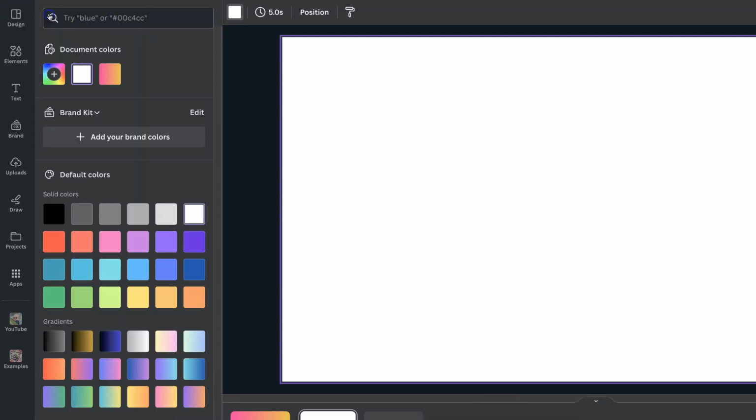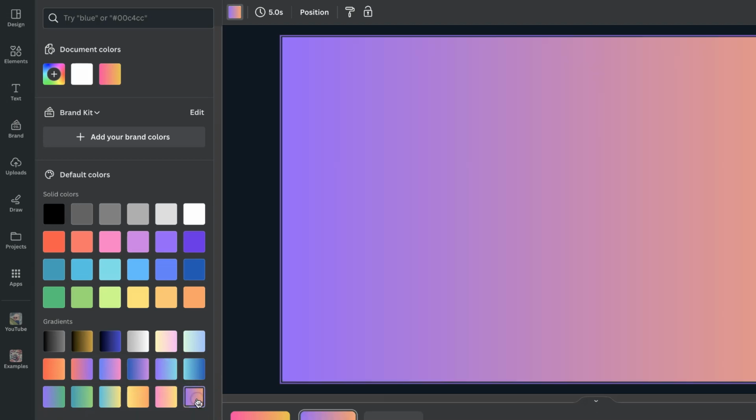to the background color. Now, if we click on here and scroll down, we can see that we have all of these different types of gradients just here. Now, if we click on any one of these, we can change the colors and we can change the type of the gradient. Now, to change the colors, you want to come up to here to where we have this